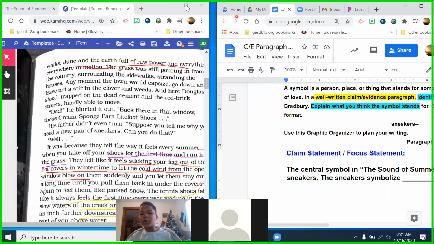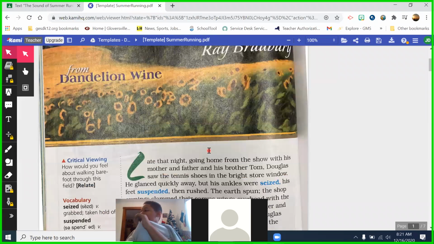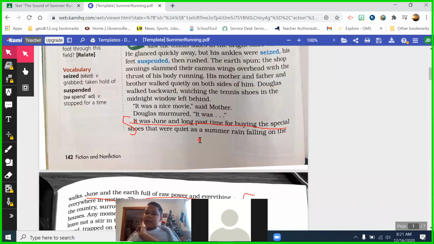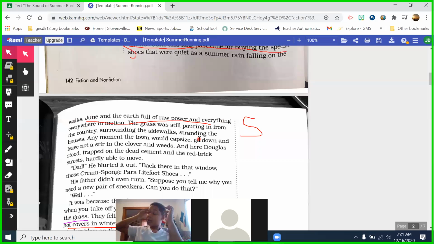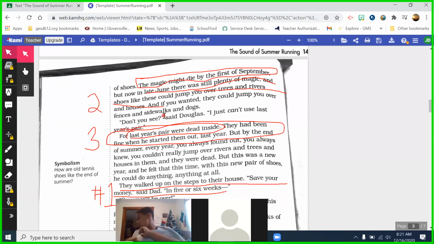All right, the next thing I'm going to do is go and find in the text where I find proof, right? So if you're saying freedom, you've got to find proof of where it says freedom. If you're saying magic, I'm going to go to that part of the story right here. Oops, oh, look at that. It highlighted it for me. I'm going to go right here and find the part where it talks all about magic. I'm going to copy and paste it into the box for the quote, right?